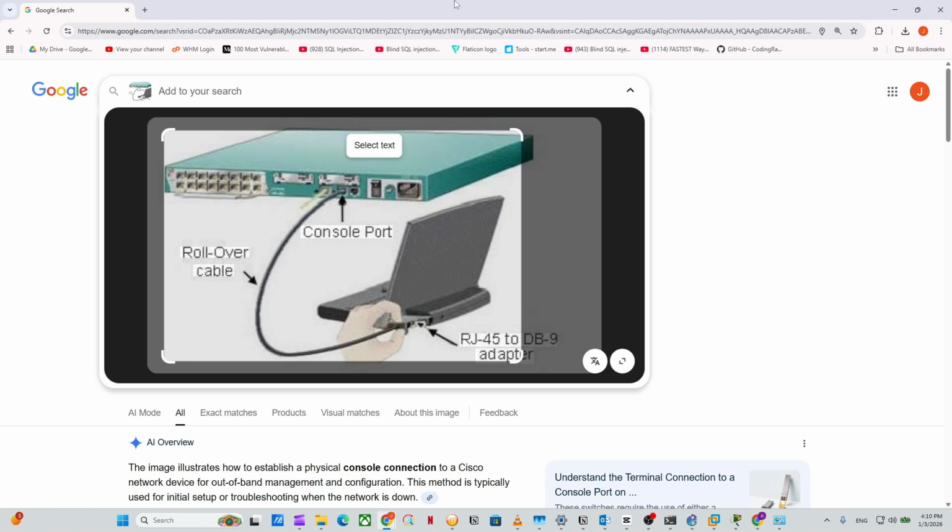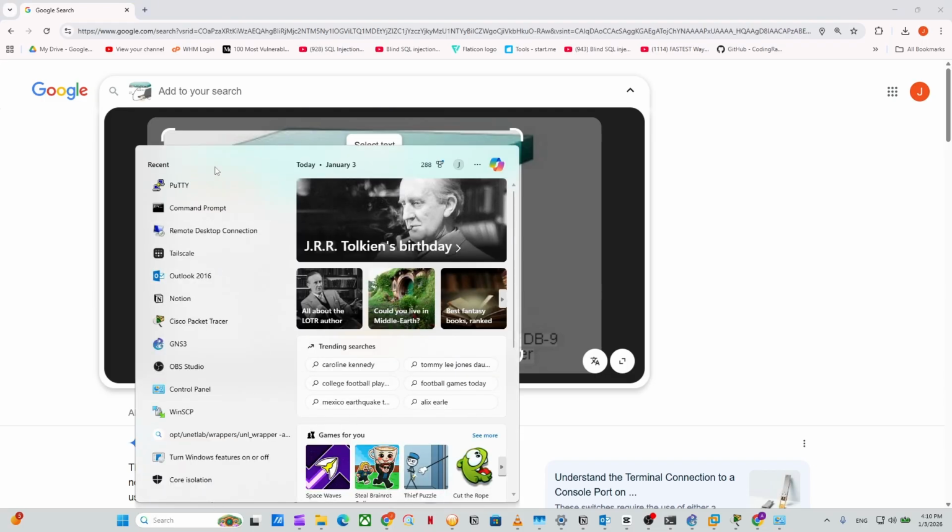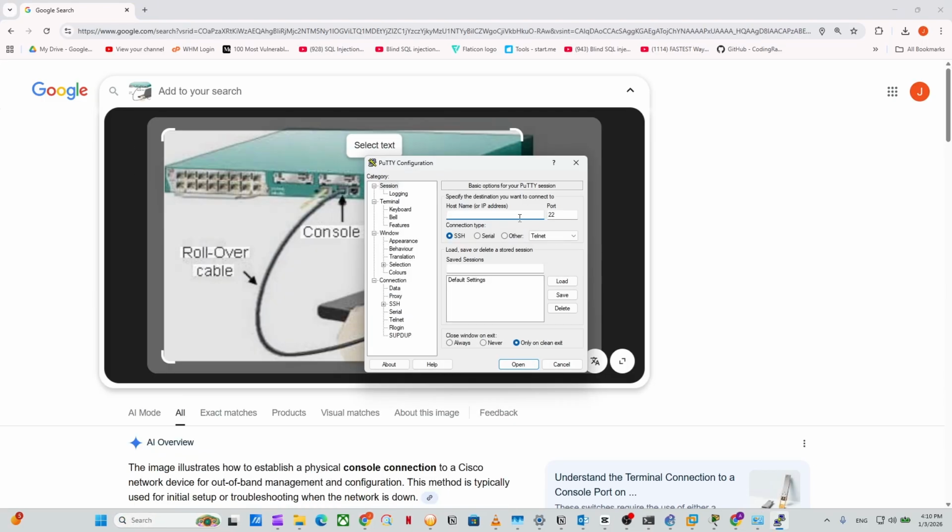So we connect to the laptop and we use PuTTY, like this PuTTY, for example. We can keep this as is. Serial here, we can use a serial cable, we can use COM1 serial line, or any COM line,